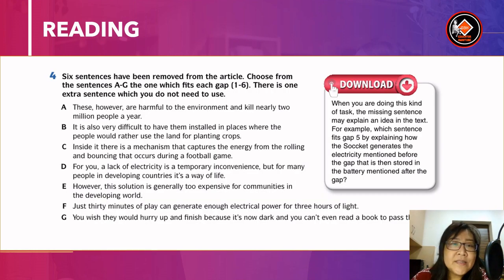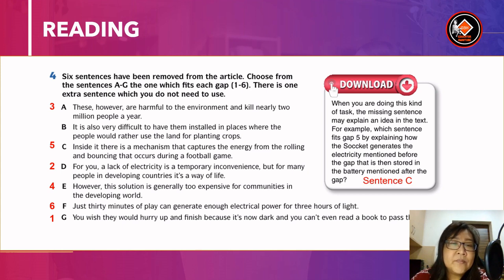Dear students, 6 sentences have been removed from the article. Choose from the sentences A to G the one which fits each gap. So there are 6 gaps, 1 to 6. There is one extra sentence which you do not need to use. Let's look at the download. When you are doing this kind of a task, the missing sentence may explain an idea in the text. For example, which sentence fits gap 5 by explaining how the socket generates the electricity mentioned before the gap that is then stored in the battery mentioned after the gap? So the answer is